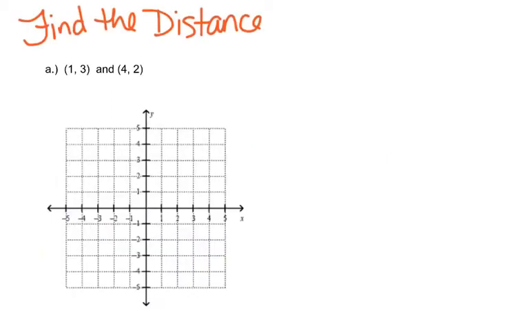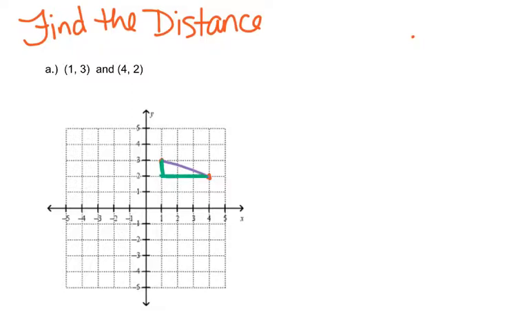Okay, finding the distance. So this is going to be a long video because of this right here, but I'm going to try to make it quick. So if you have the distance, first let's talk about (1, 3) and (4, 2). If these were horizontal or vertical lines, we could just simply count, but unfortunately we cannot. Any ideas on how to find the distance? The easiest way, if you have a graph, would be to do the Pythagorean Theorem. So from here to here to here to here,